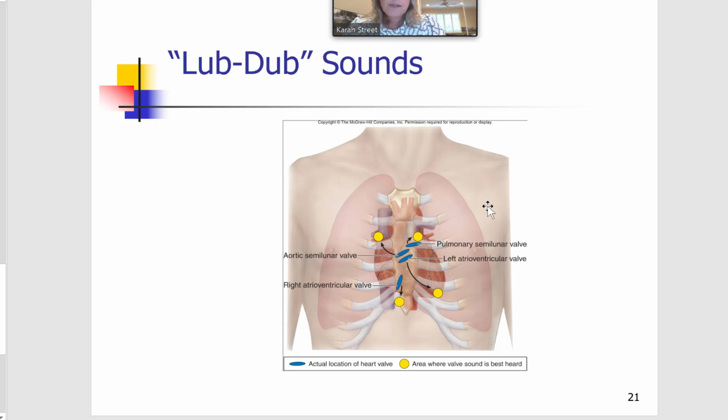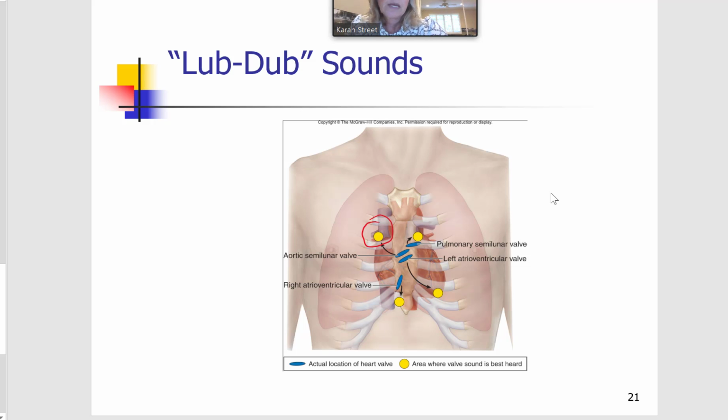So oftentimes students ask me, why is your doctor moving the stethoscope when they are listening to your heart? They move it to different places to hear these 4 valves. Now, the 4 valves are very close to each other anatomically. But when your doctor puts the stethoscope between your 2nd and 3rd costal cartilage on the right side, they are listening to one of your